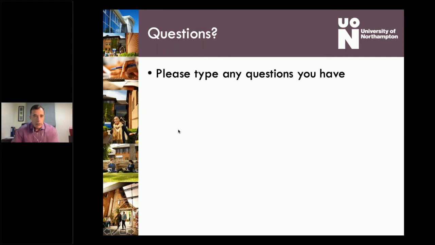Okie doke, let's have a look what else we got. Do I need to purchase any additional study materials such as textbooks, etc.? No, everything will be included that you need, and if there are textbooks that you need, they will be available on the online library as ebooks. So nope, that's all covered in the program fee that you pay.